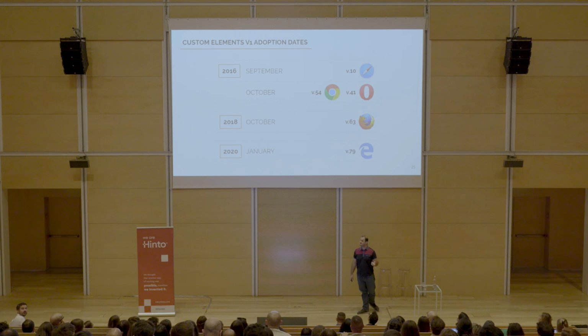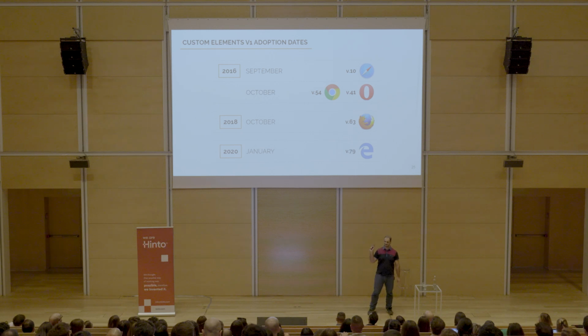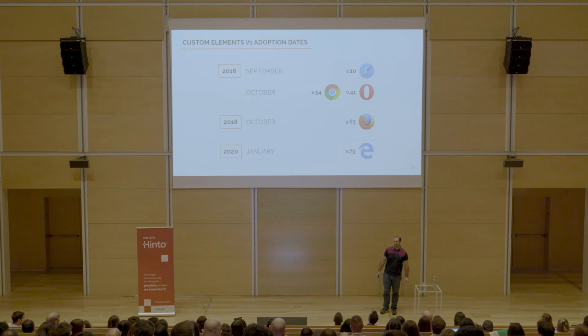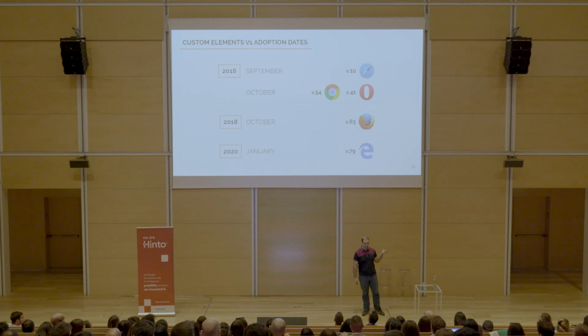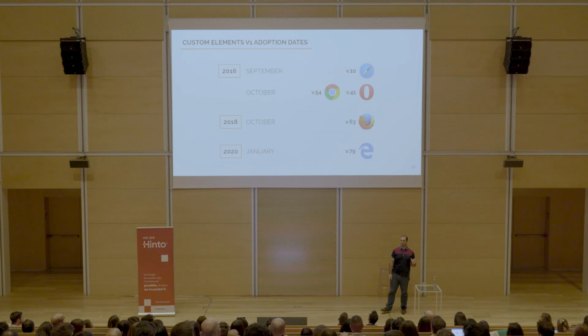Okay. This is the timetable of the adoption of web components. The first one was actually Safari in September 2016. It shouldn't surprise you that their implementation is actually partial. The next ones were Opera and Chrome, the month after. We had to wait 2-4 more years for Firefox to implement support for web components. And only at the beginning of 2020, when Edge ditched its whole rendering engine and adopted Blink, did they get support for web components.